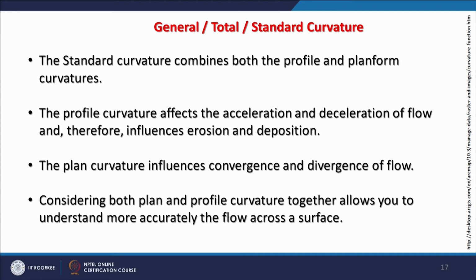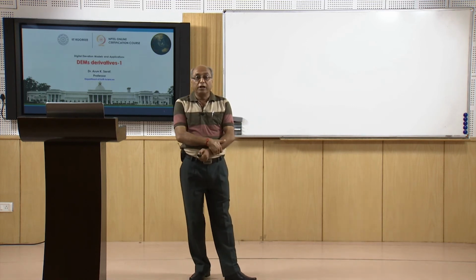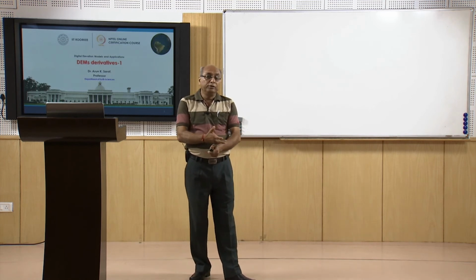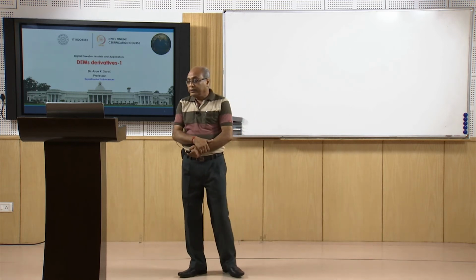So, considering both plan and profile curvatures together allows us to understand more accurately the flow across a slope, because normally slopes are not in a plane form. They are either concave or convex, and they behave completely differently for different natural processes like erosion or deposition. So, in the diagram which we have on the right side,